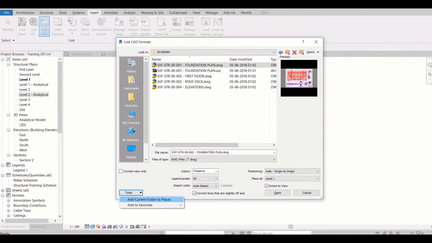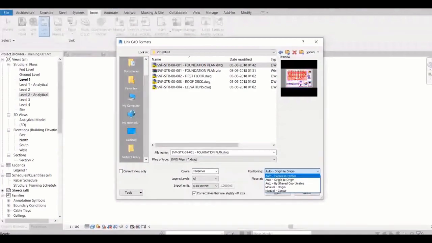Okay, this is a tool, add current folder as a place or whatever, you can use that one. What it will do, it will create one folder over here. Then come to the position, auto origin to origin. What it will do, it will put this origin, or wherever we have an origin, on the same origin as our Revit file, or it will say center to center.